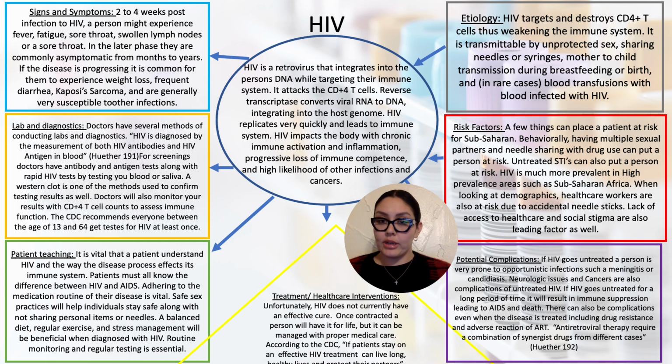Preventing transmission is important by promoting safe sex practices like using condoms and introducing tools like PrEP, which is pre-exposure prophylaxis for high-risk partners. Discouraging sharing needles or personal items. Another way to combat this is with living a healthier lifestyle, encouraging a balanced diet, regular exercise, and stress management. Avoiding alcohol, tobacco, and recreational drugs. Routine monitoring is important. Regular lab tests, including CD4 plus T cell counts and viral loads, are essential to track